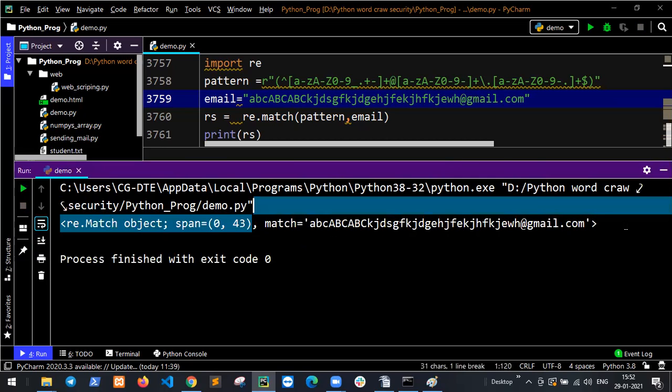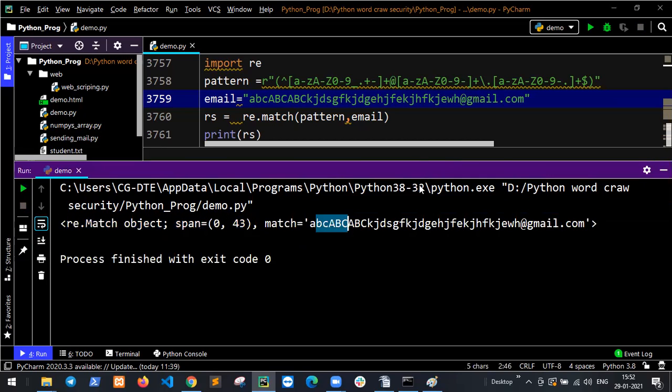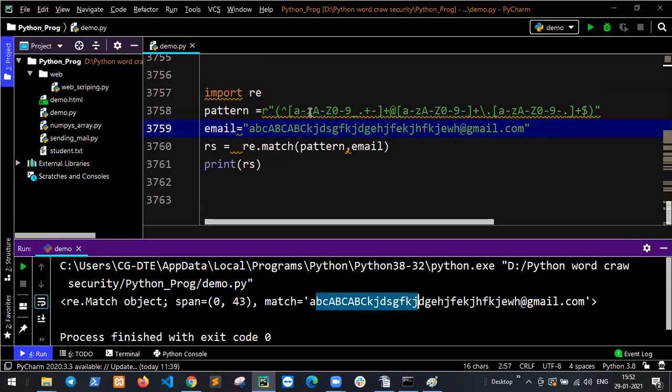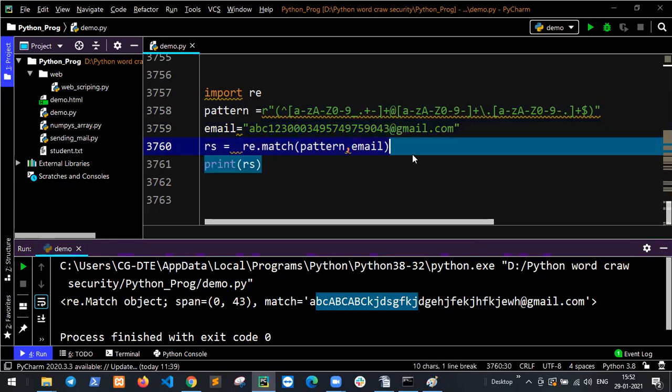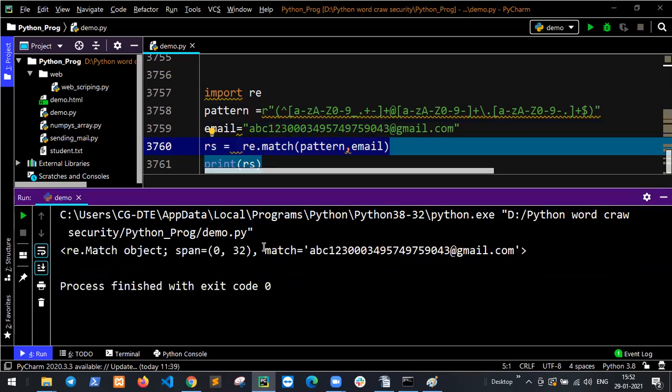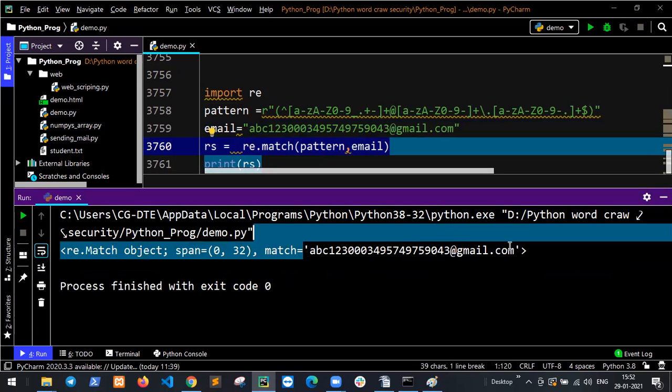ABC and all, because it is A to Z and A to Z. If I define 0 to 3, so 0 1 2 3, run this code. It defines the data.